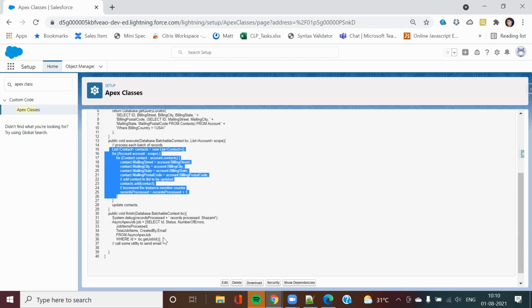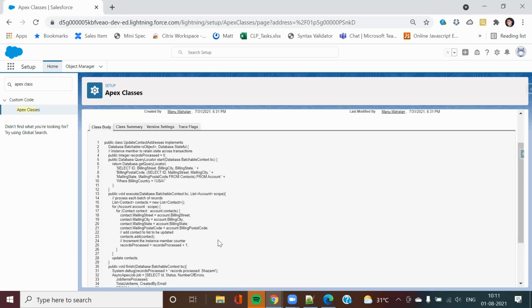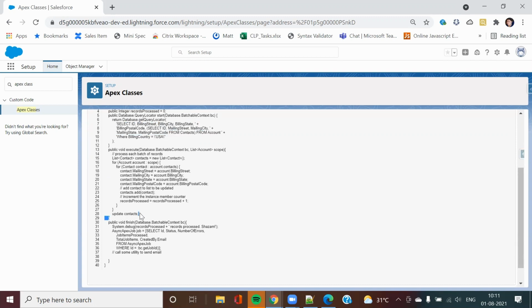That's it. Once this is done, the finish method is an async job step that is just used to track how many of my records have been processed in the batch. Apart from that, in case I need to send some sort of email notification, I can have that here also. Currently, I don't have it. So three parts: account records queried; based upon the account records queried, the account address is updated to the contact address; and in case I need to check how many jobs I processed, I can do that for debugging purposes. Other than that, if I need to set some email notification, I can do that also.